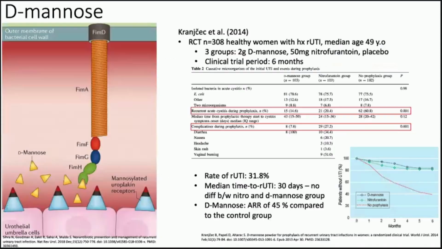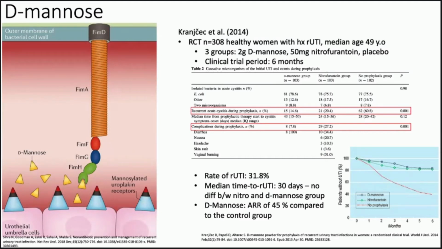sector costs. So D-mannose is another product that has been studied as a potential prophylactic agent for recurrent UTIs. D-mannose is similar in structure to the binding site of urothelial glycoprotein receptors like uroplakins, and therefore can cause saturation of the FimH adhesins, which are at the tip of the type 1 pilus in UPEC. And that would prevent the bacteria from binding to the urothelial glycoprotein receptor if present in sufficient concentration in the